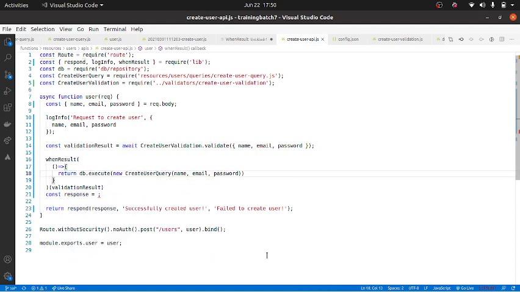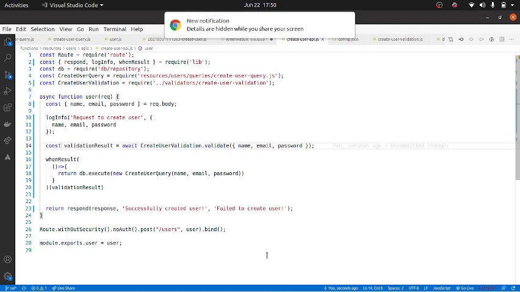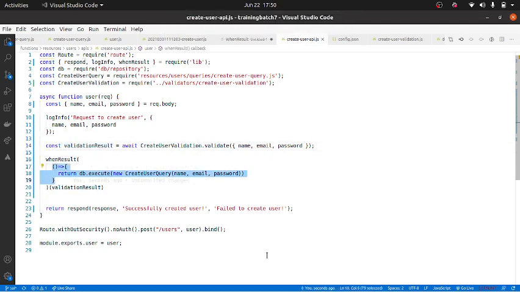Okay. So what did we do? We told that if the validation result is successful, right? So again, this create user validation dot validate will return a result object. If this one is successful, then execute this first function. Else the second function. What if I don't give the second function?